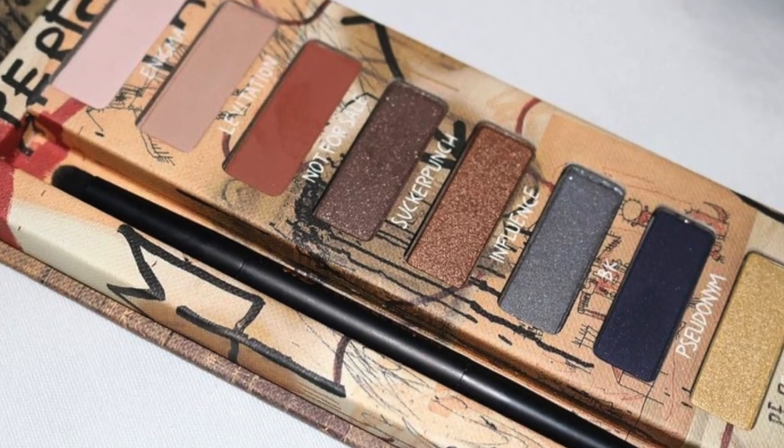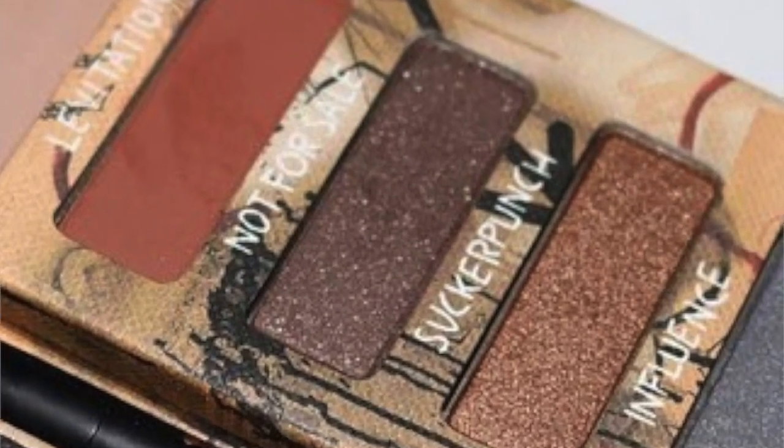So because this is a sunset cut crease, we're going to use the next colour down, which is called Sucker Punch, which is the dark brown colour. And what she's going to do is blend it mainly in the inner corner of my eye and along the crease, but focusing particularly on the inner corner. And this is because that's where she's going to do the cut in,